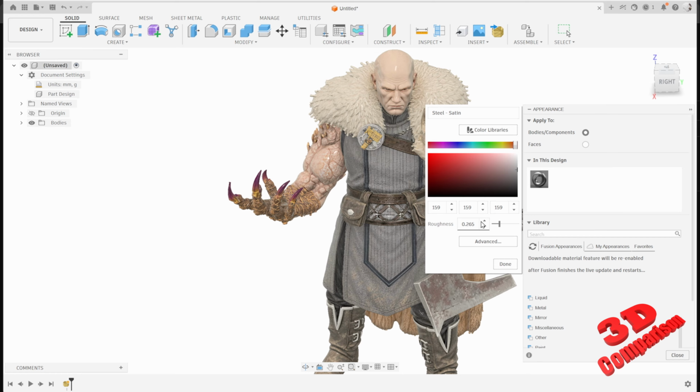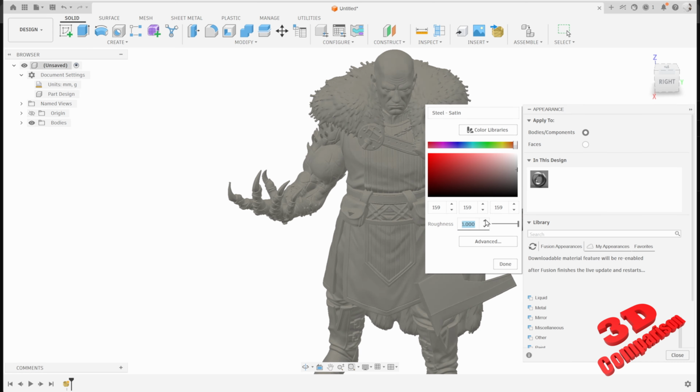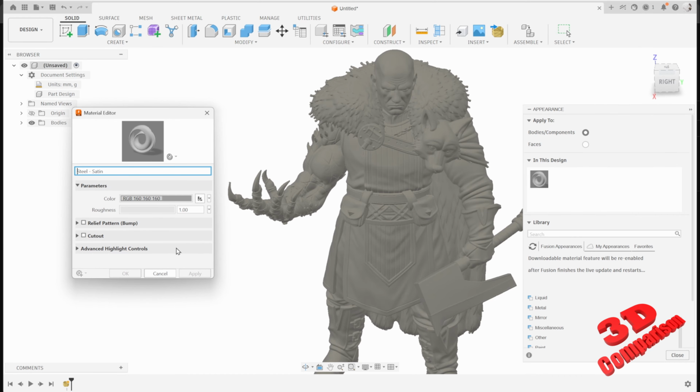As soon as I try to address the roughness of the model, that will influence those highlights, and the model will lose the texture. So I'm just going to go with something like this. We see over here, this is roughness set to 0. The model looks like this. If I go all the way up to 1, we're going to see that the texture is no longer available over here. I can go over here within advanced, and we see we have